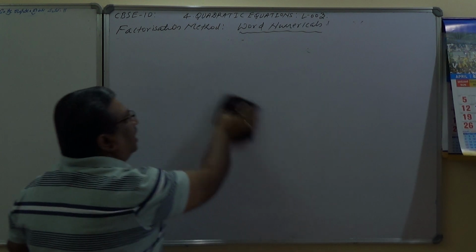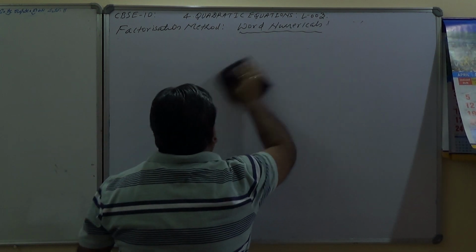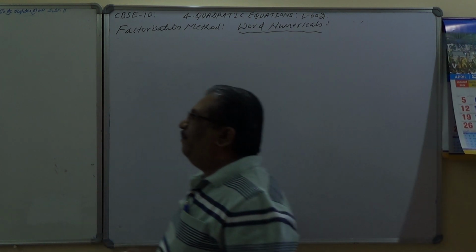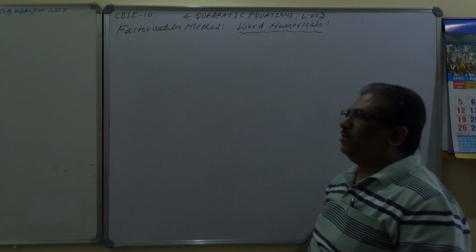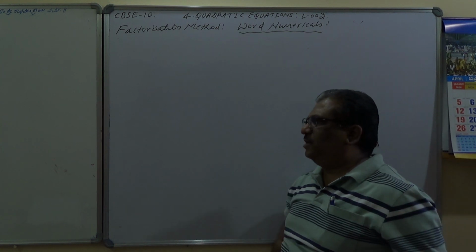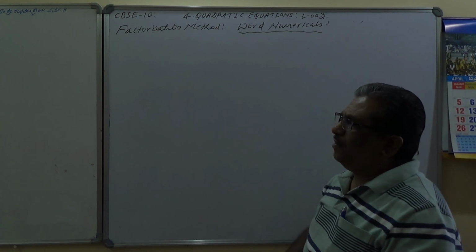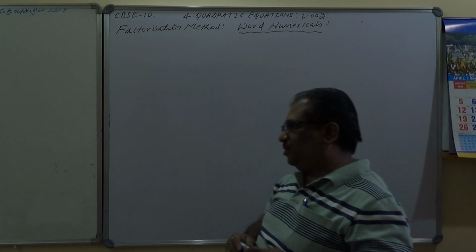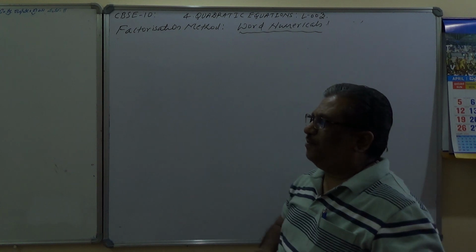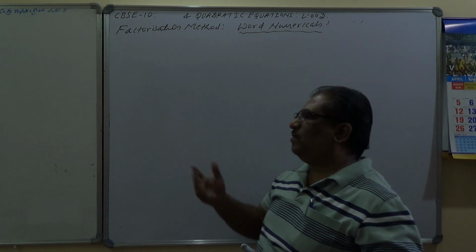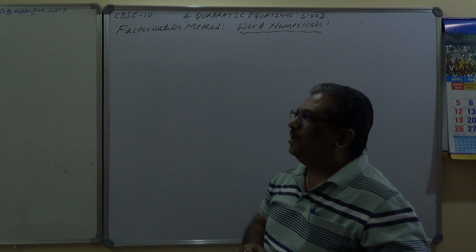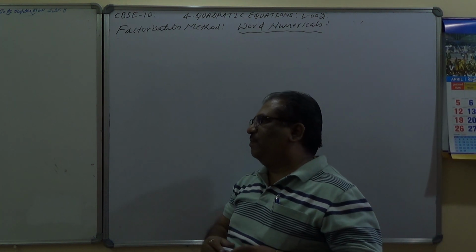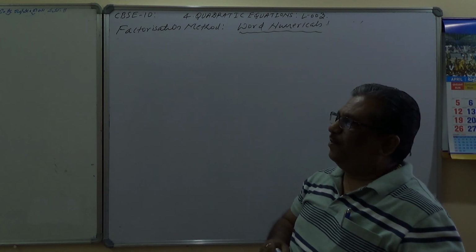Second question, you have already seen that one, but let's see what the second one is. A cottage industry produces a certain number of toys in a day. Those toys in a day we can consider as X. The cost of production of each toy was found to be 55 minus the number of toys produced. 55 minus X is the cost of production. On a particular day, the total cost of production was 750. That means the number of toys into the cost of each toy gives you 750. We would like to find the number of toys produced on that day.